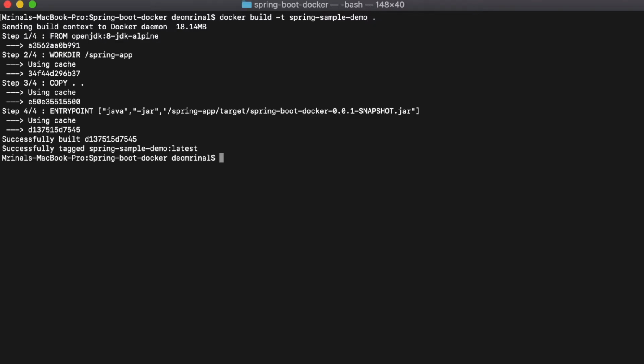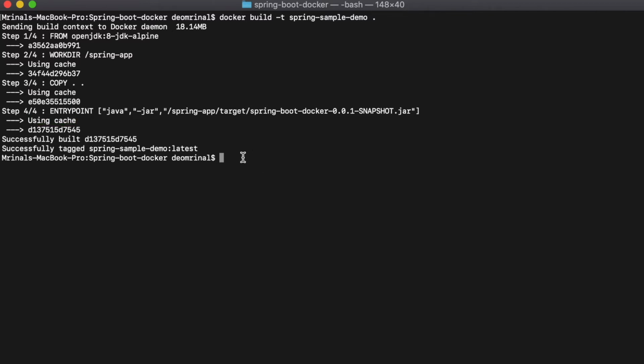So what it will do, it has created it very fast because the image is already been created, and you can see it is using the cache basically. Since I have built this image previously, it is not actually running this command again. It is just reusing the information available in the Docker Engine cache. It is reusing this for step 2, the copy content for step 3, and similarly for step 4 as well. So that's how it built this image very fast.